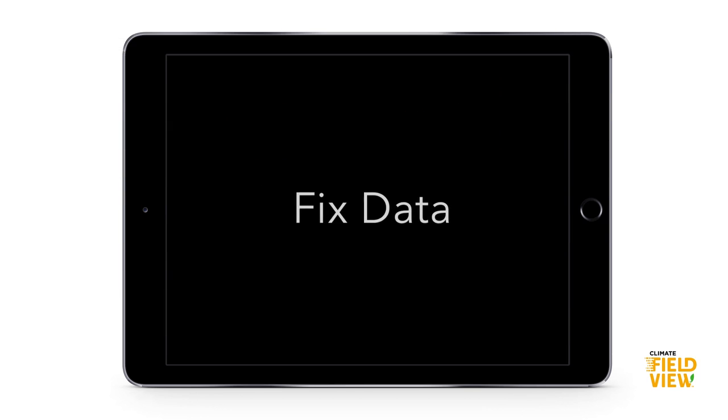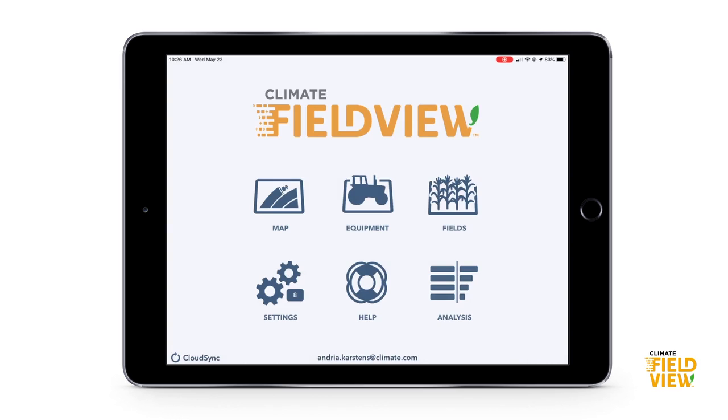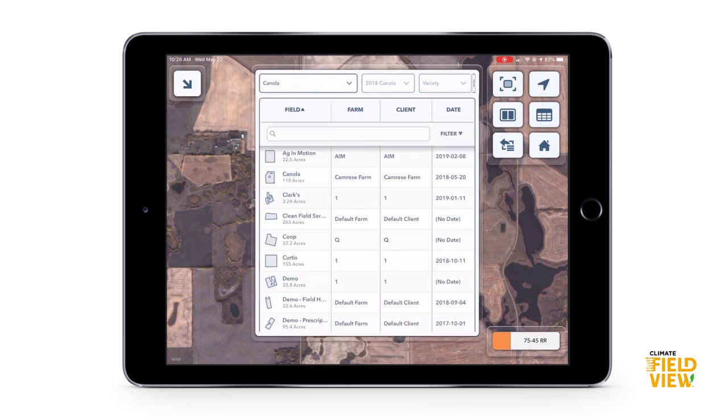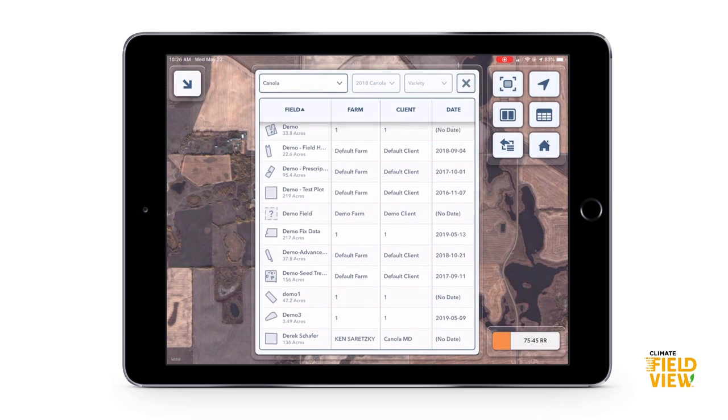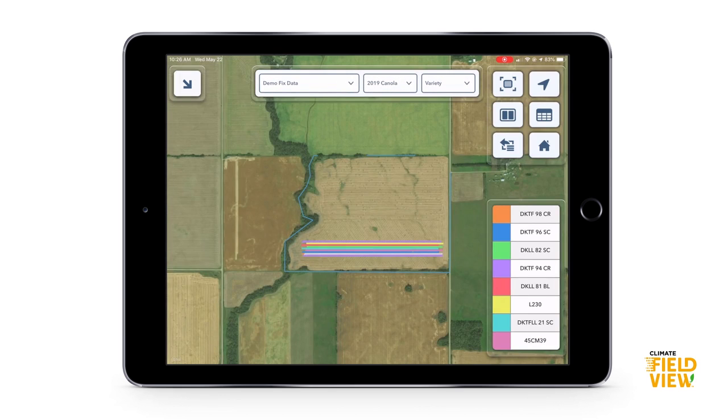This video is going to show you how you can fix data, specifically names of hybrids and varieties that were planted in plots this spring. I'm going to show you an example of a field where we forgot to select a hybrid or variety before seeding the strip. So if I go to this field here and zoom into the map that was painted,